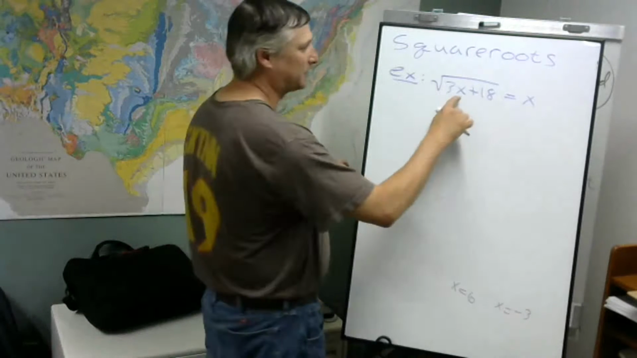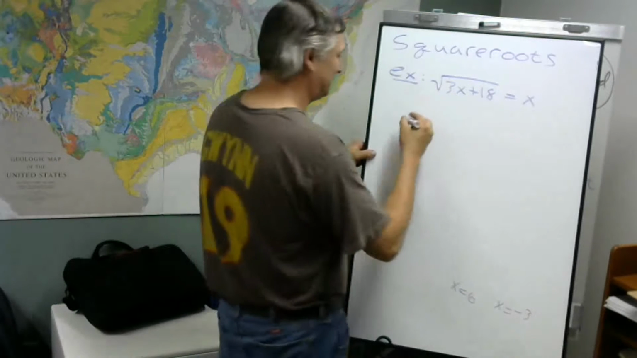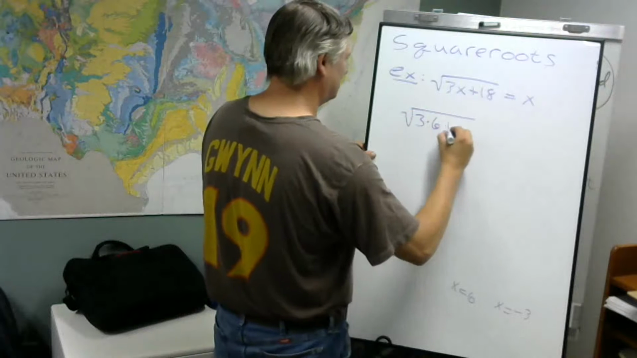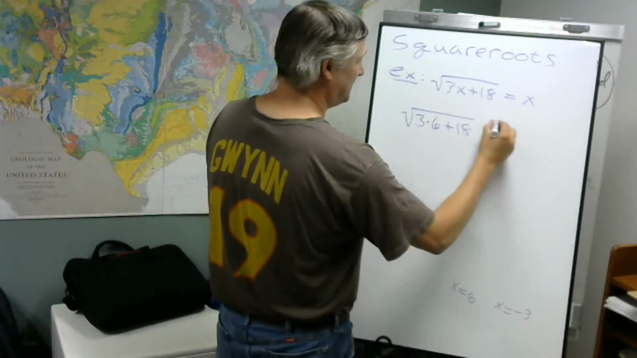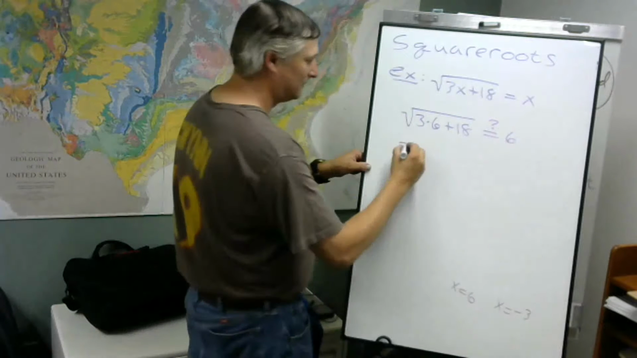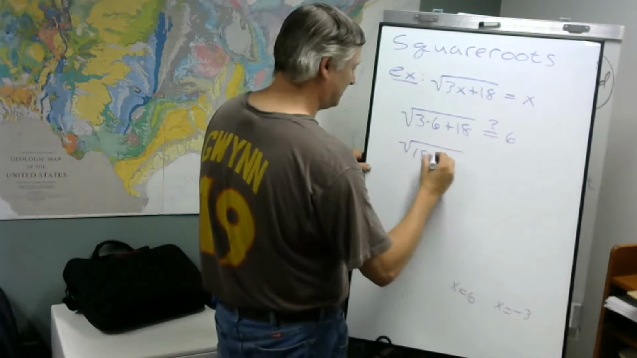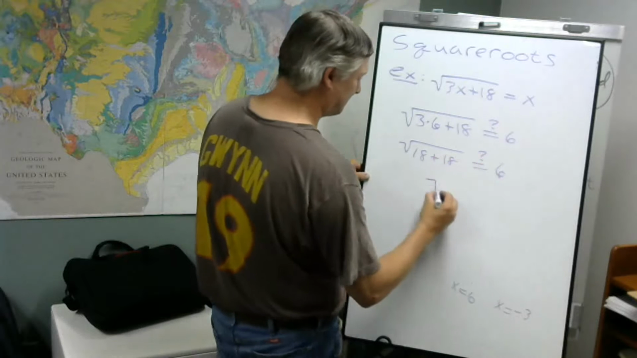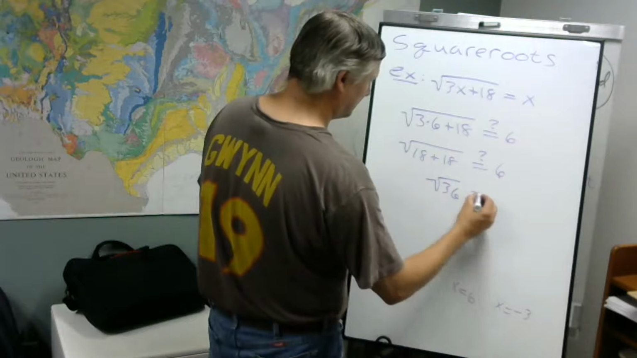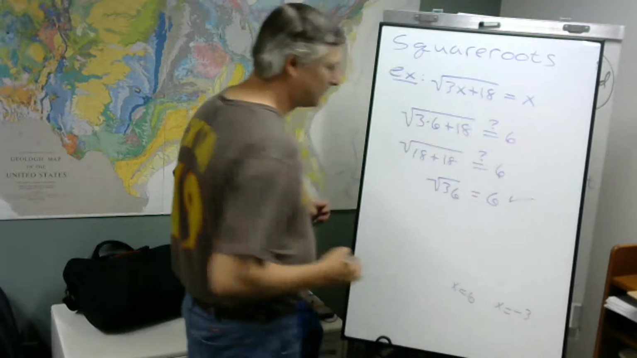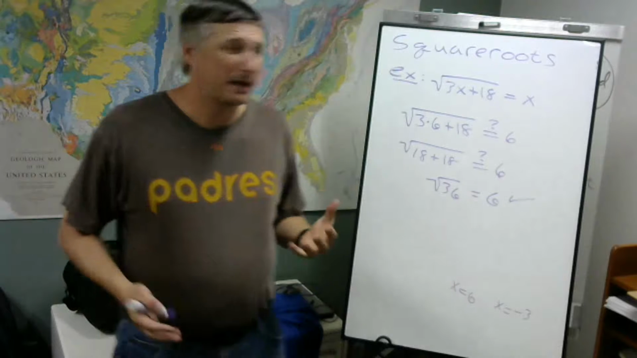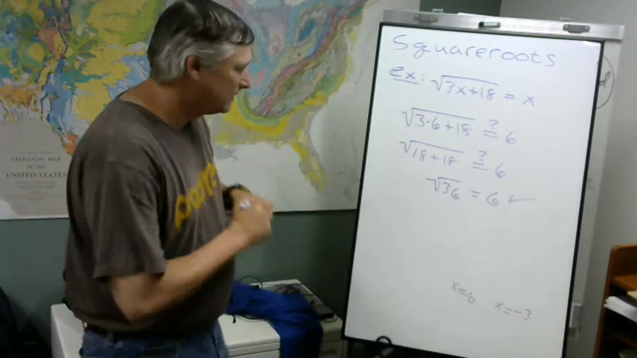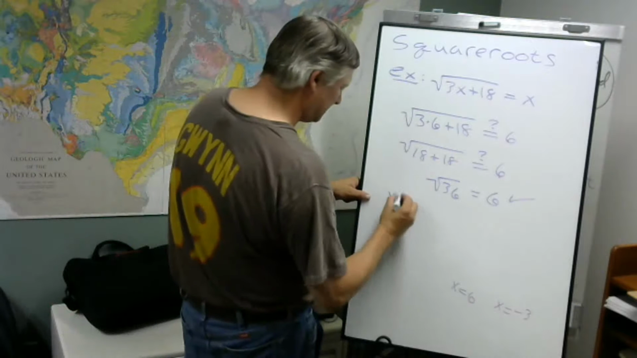So for x is 6, we replace the x's with 6. Does this equal 6? Well, sure enough, it does. And you might be wondering, what about the plus or minus here? This is a positive square root. When we solve something like this,